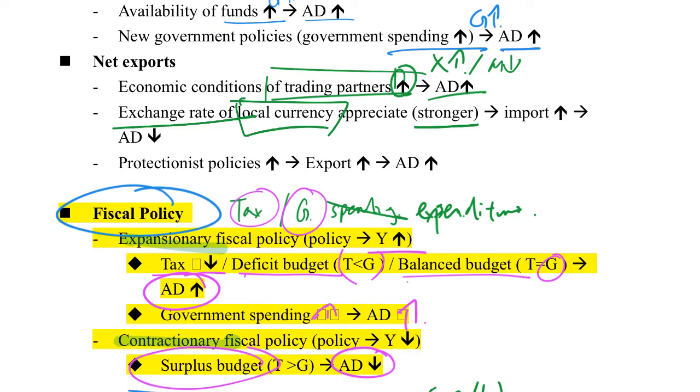If I'm holding Hong Kong dollars, I can buy more things with 100 Hong Kong dollars from China, or from Taiwan, or from the Philippines. So now the import should increase. If import increases, our AD will have a negative effect. Or even our export